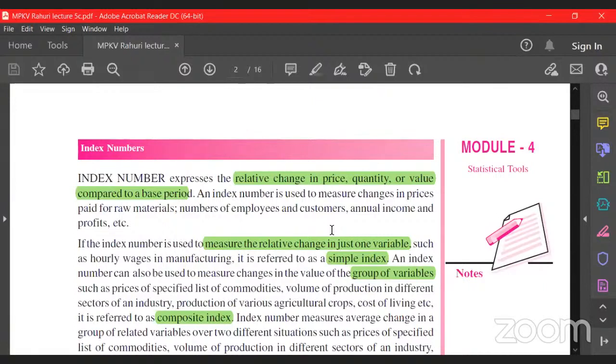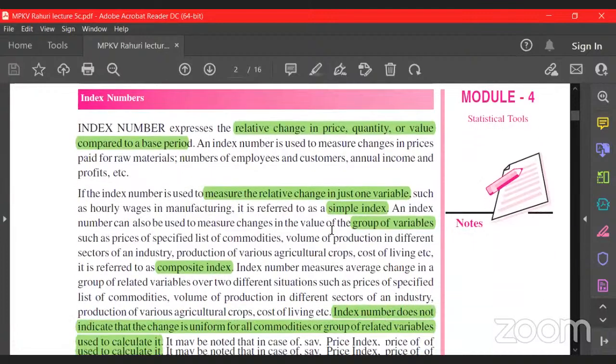But what is simple index is, here we are trying to study only one variable, that is simple index. If you are trying to use more than one variable, then it is composite index. So try to make a difference between simple index and composite index, and simple hypothesis and composite hypothesis. They are a little different. Next is,